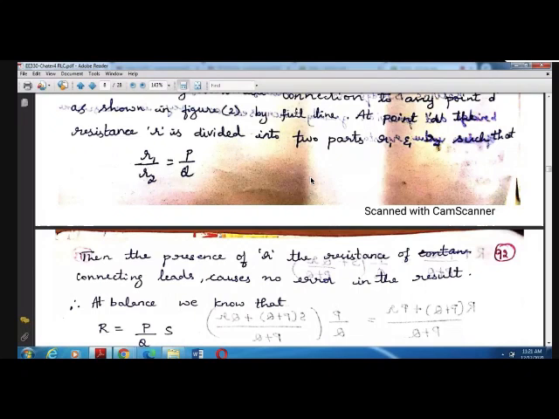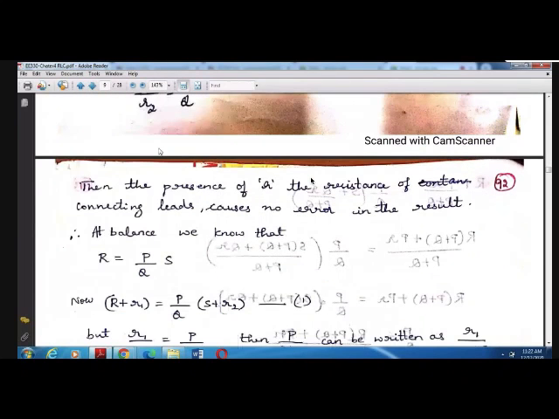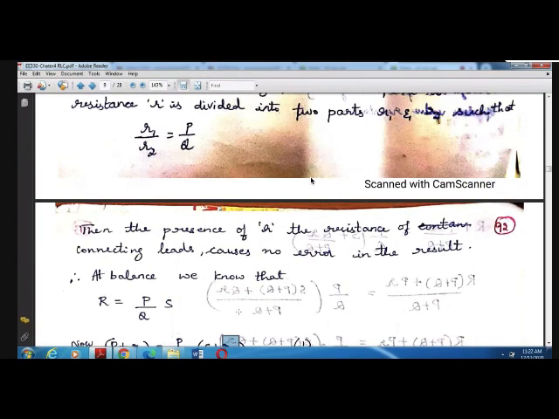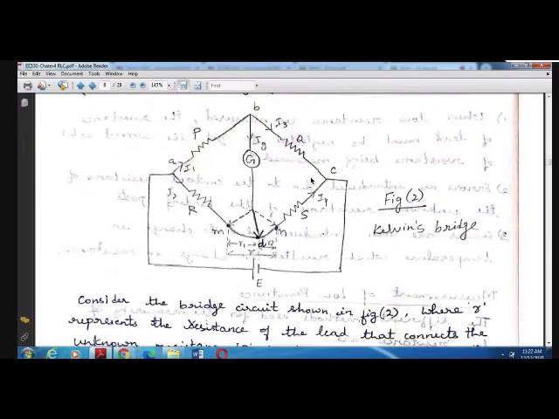results. So at balance condition, as you know, R is equal to P by Q into S. That is nothing but P by Q is equal to R by S. Let us consider the balance condition for the derivation purpose. Now, let us consider R is added with the value R1 and S is added with the value R2. Because look into the circuit, we are connecting this galvanometer to the center point D. So now the value of R will become R plus small r1. The arm resistance value of this particular arm, that is the resistance connected between A and D,